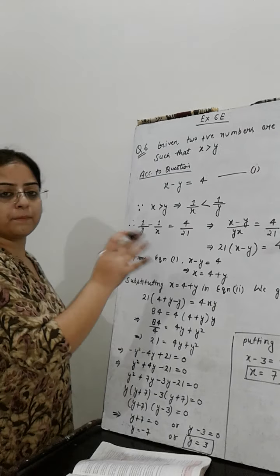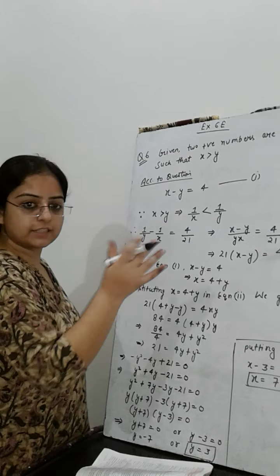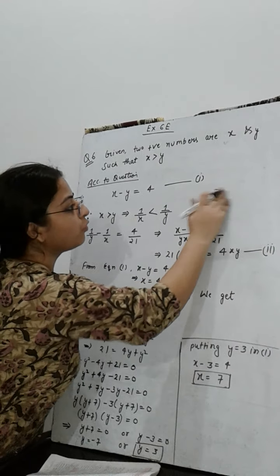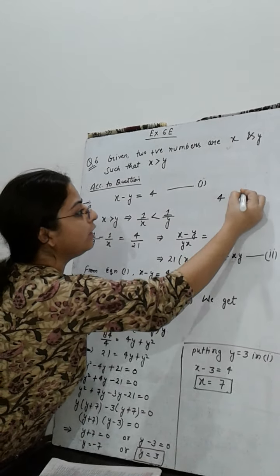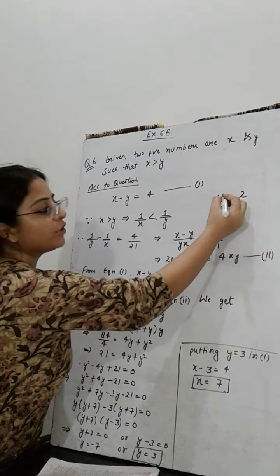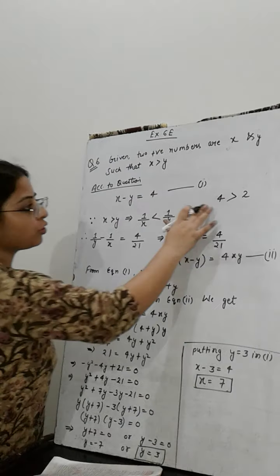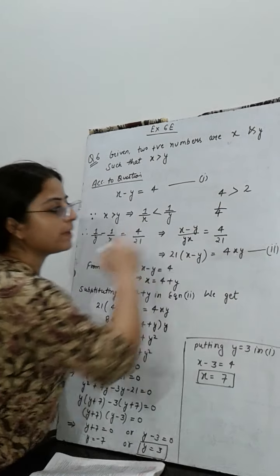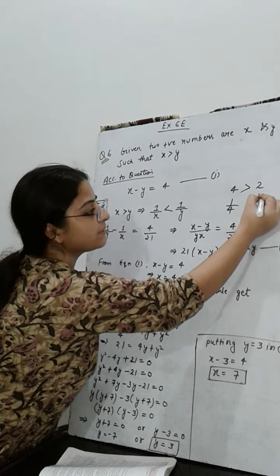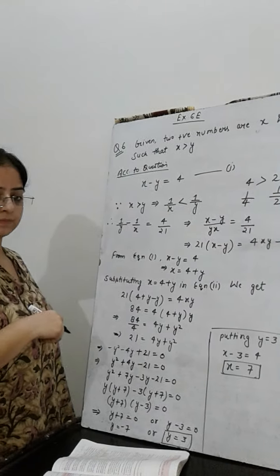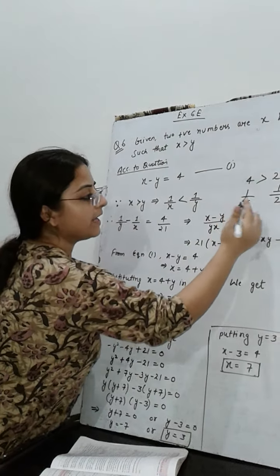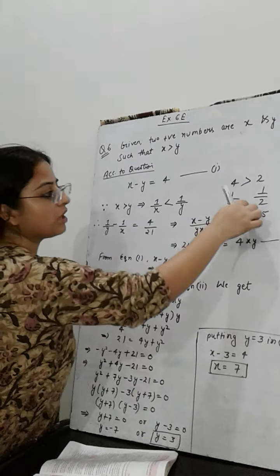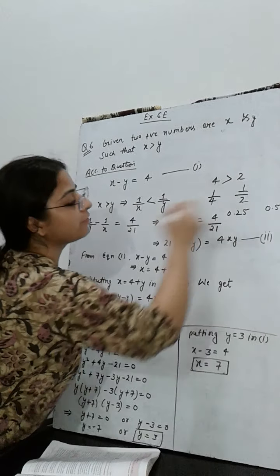Let's take two numbers in place of x and y for understanding in a better way. Suppose we have taken 4 and 2. 4 is greater than 2. 4 2 से बड़ा है. अब अगर मैंने 4 का रेसिप्रोकल लिया तो वो हो जाएगा 1 by 4 और 2 का रेसिप्रोकल 1 by 2. 1 upon 4 का मतलब क्या है 0.25 और 1 by 2 का मतलब है 0.5.